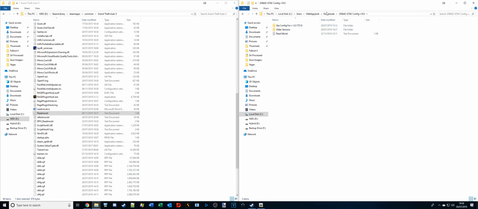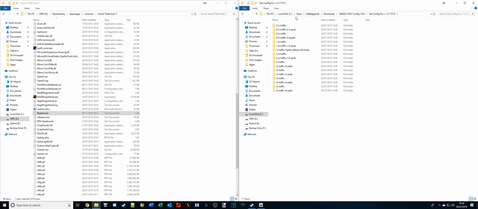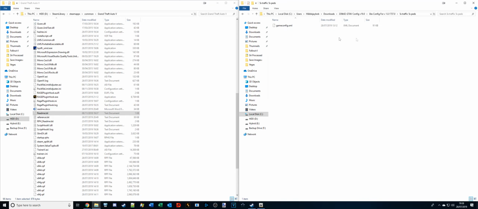Last one I've got to do is the GTA 1. Now remember at the start of this video where I told you it's important to see what version number you've got. It was 1737 was the version that we were playing on. And so you can now choose your settings here for an amount of PEDs and amount of traffic. My computer has reasonable amounts of chest hair. It can handle 5x traffic and 5x PEDs. So we're going to install the game